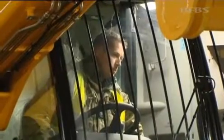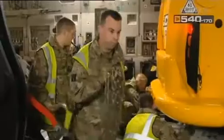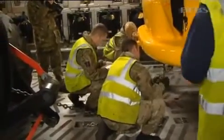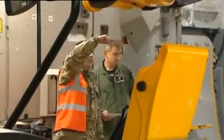This one has been quite simple so far, which I'm quite surprised actually, but I think it's because it's all new kit that's coming on board. The guys that we got loading it today did a practice load earlier yesterday, so they all know what they're doing. The guys do this day in, day out, and we're just doing the normal routine for what we do